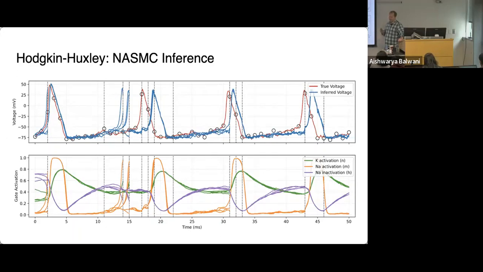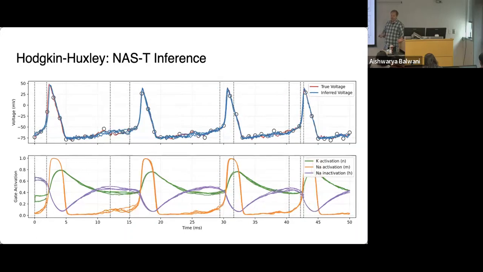And a lot of this is boiling down to just having a bad collection of particles at some time step, because you're not looking ahead into the future to know that you need to have a particle primed and ready to spike in a millisecond or two. And when we contrast that with what we can do with these smoothing-based methods, we see that they're much better at capturing this underlying voltage trajectory.